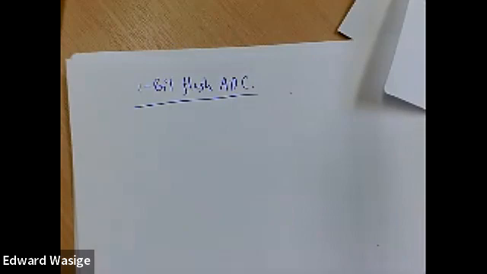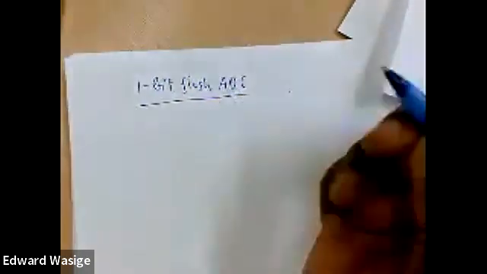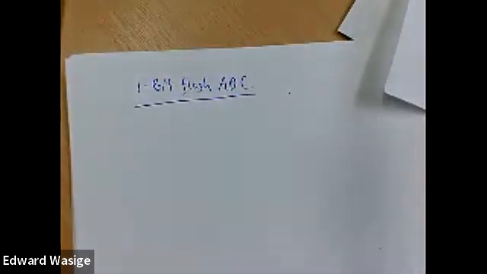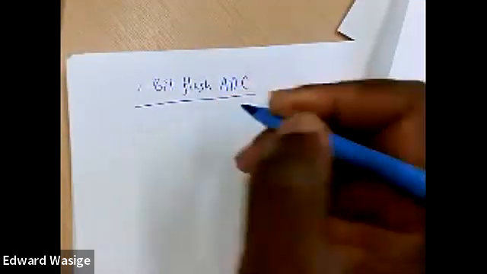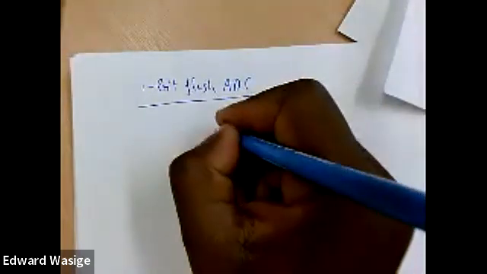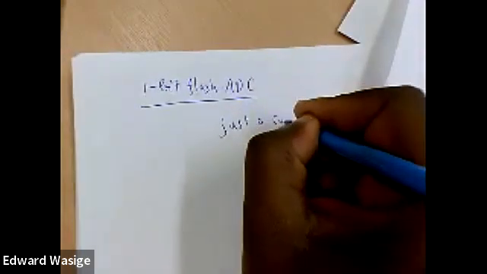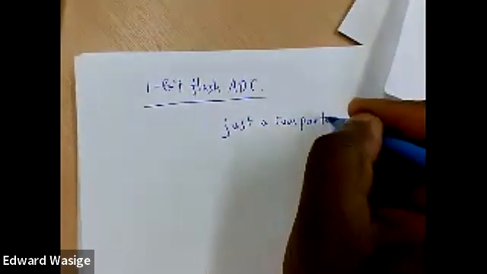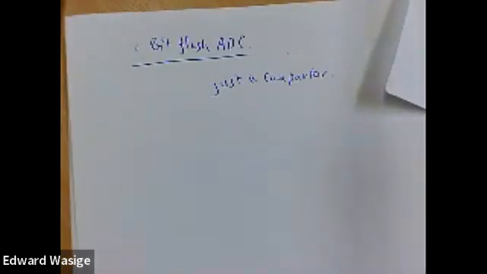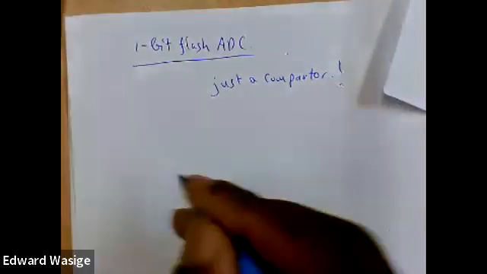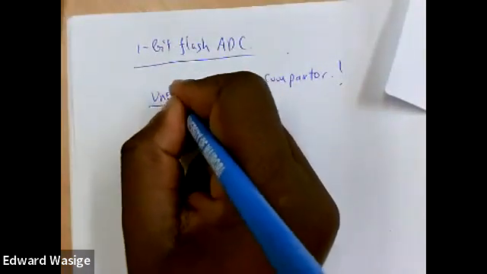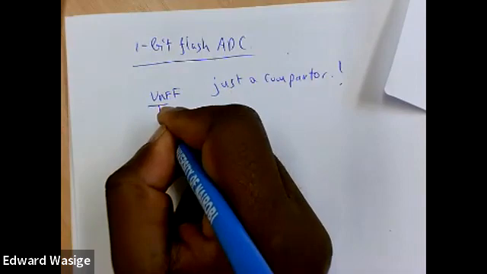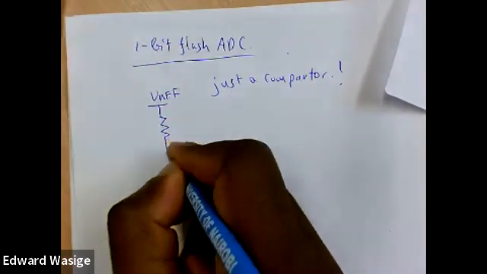If we are determining 1 bit with a flash ADC, it will just be a comparator. Remember, flash ADC for 1 bit, you'll have your VREF, and you'll need 2 resistors,